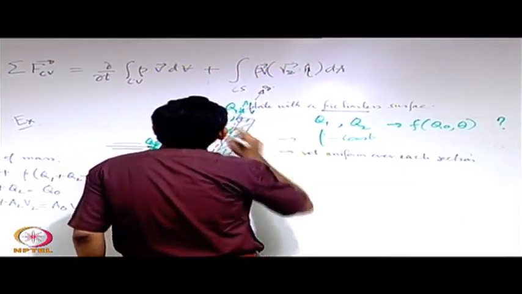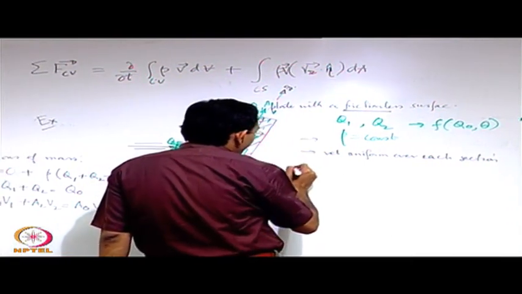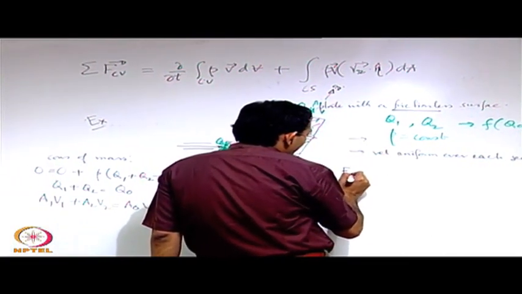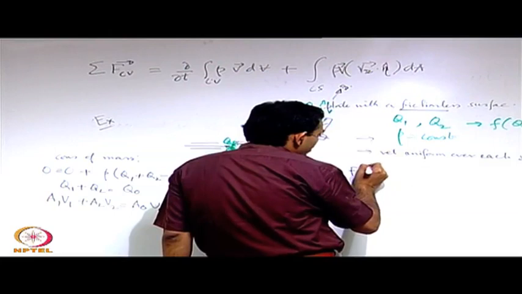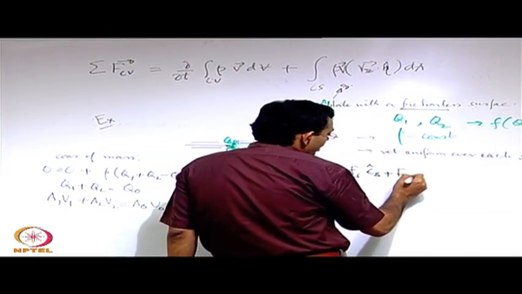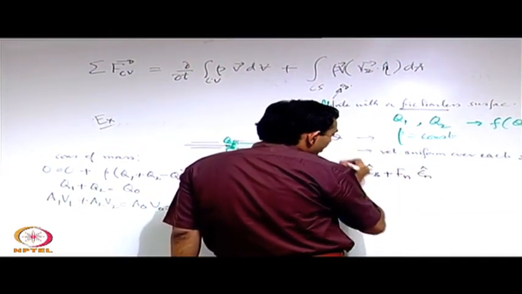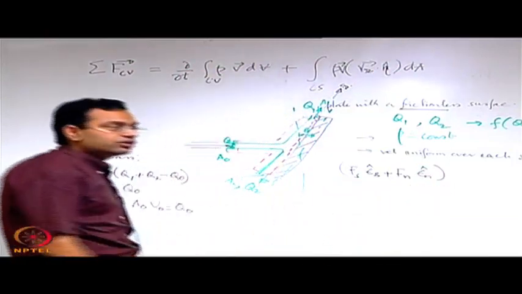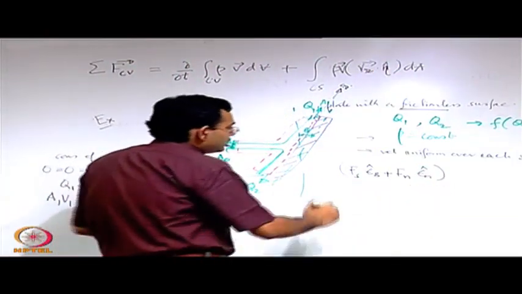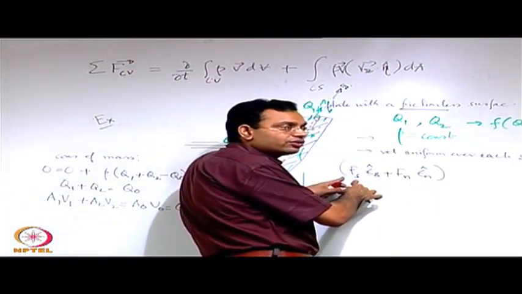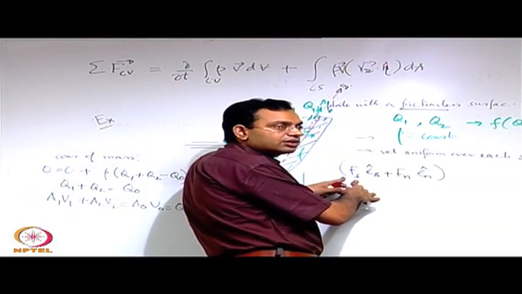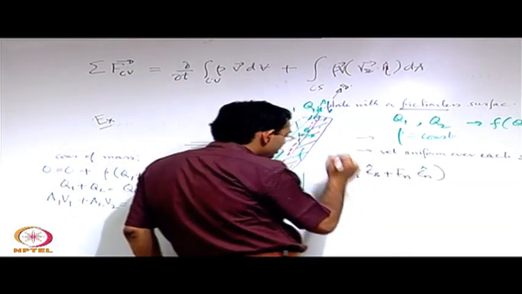So, let us write the conservation of linear momentum F as F s into unit vector along s plus F n into unit vector along n. This is the resultant force on the control volume, the general form, where we know that F s is 0 from the physical considerations of a frictionless plate. This is equal to,